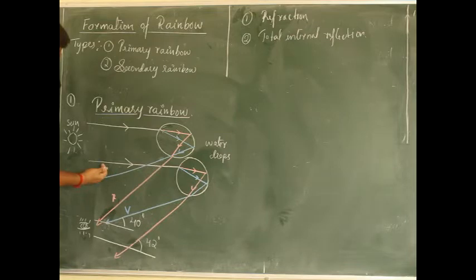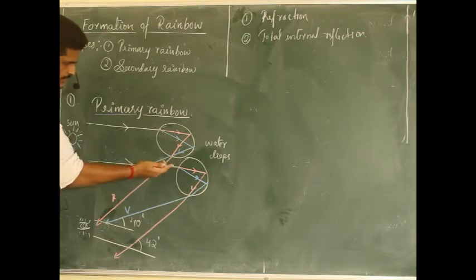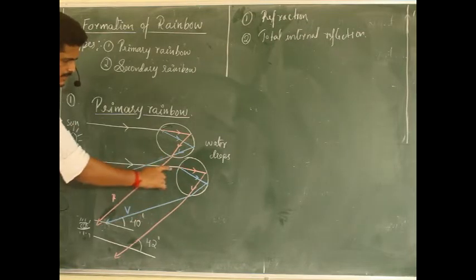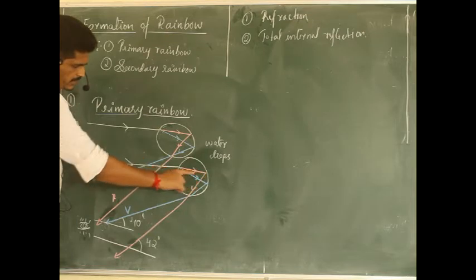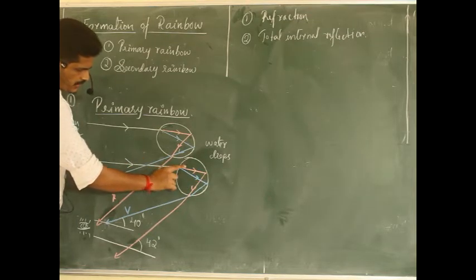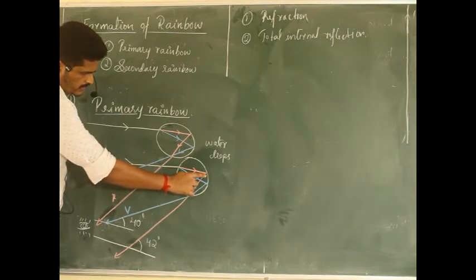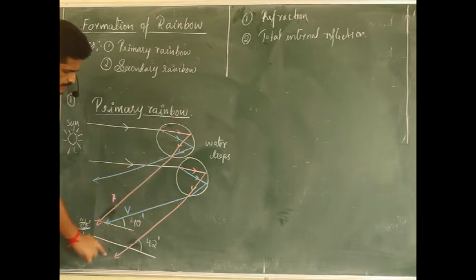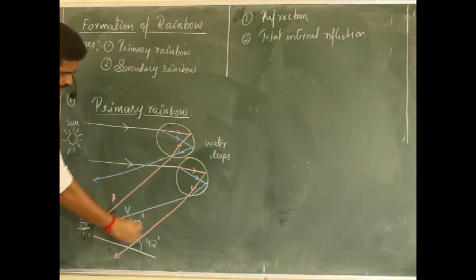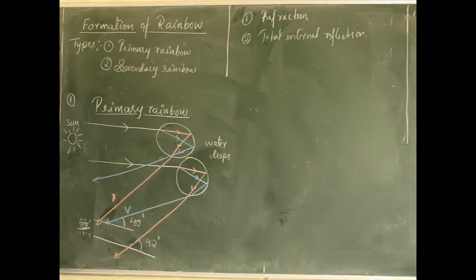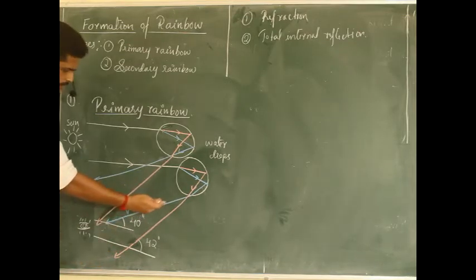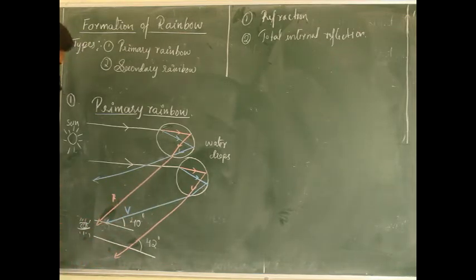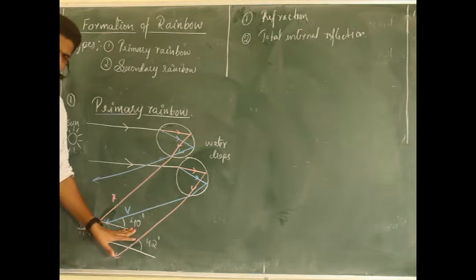Similarly, one more parallel ray of light was coming in the same direction, and it was entering one more water droplet. So once it enters, refraction, then total internal reflection, again refraction. So in this way it will take place. The red line will refer to the red light, and violet as you can see here. And now I have shown you which of the rays of light are going to